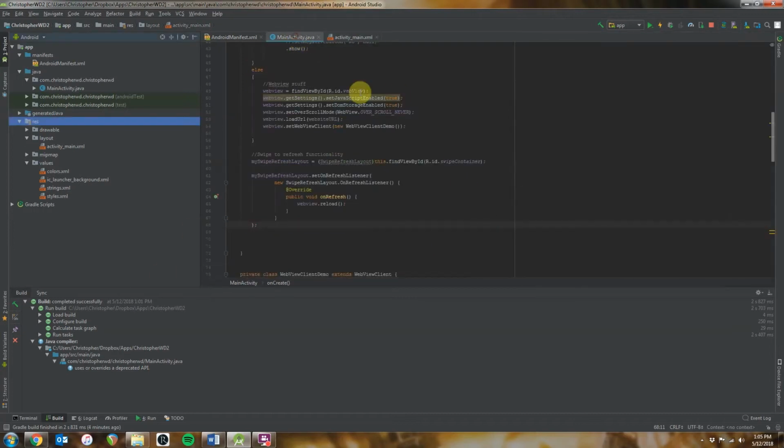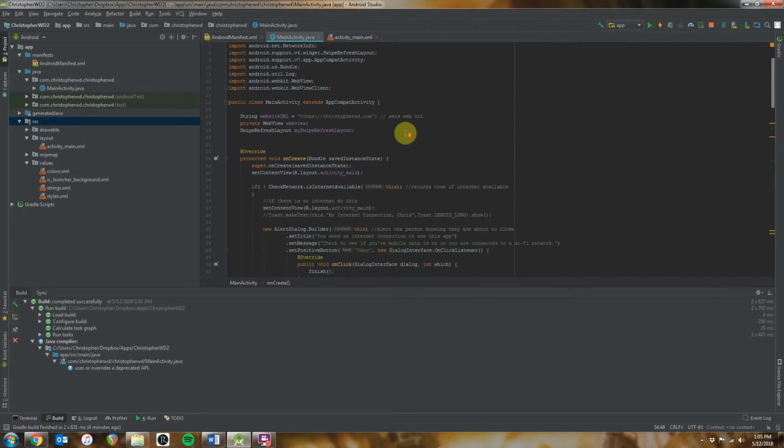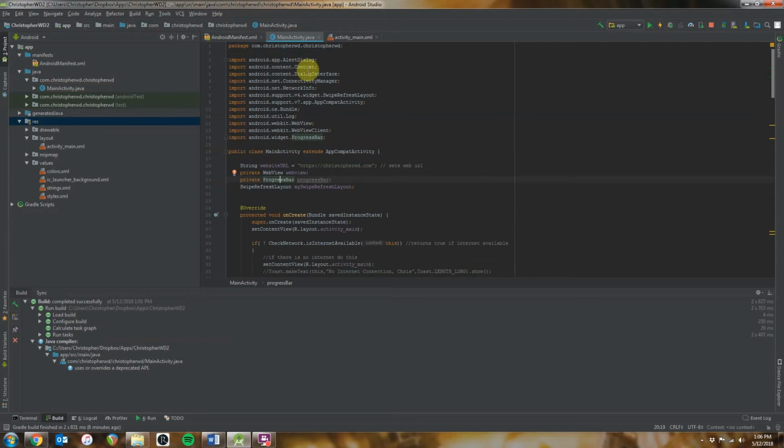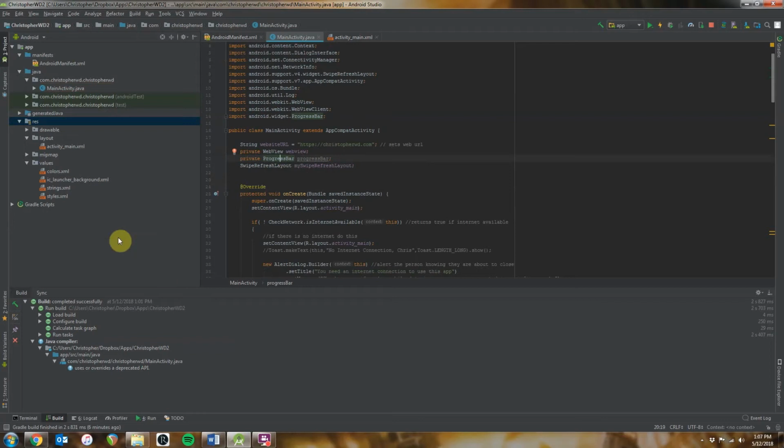So if we head over to main-activity.java, we'll go back up to the top. So the first thing we're going to do is declare our new progress bar here. It's showing an error. So when that happens, if you hit Alt-Enter, import class, it'll add, where is it? There. It'll import the progress bar for you. If Android Studio ever has a sort of red underline, if you hit Alt-Enter, it'll usually give you recommendations on